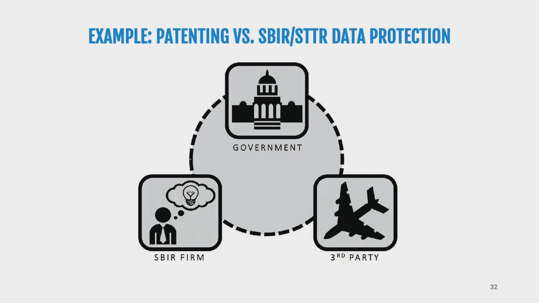So now you, the SBIR firm, you might have a great idea or a great innovation. You receive a SBIR award, and you're in development and creating value. Now there's this government agency that's granting you the award, and they're obliged to protect your data, and in return they get dibs on evaluating your technology to see if they want to be a potential customer. Now there are also 1 or more third parties out there. These may be commercial companies or VCs. They may be interested in funding, buying, or using your technology. These may be the Lockheeds, the Northrops, the Boeings.